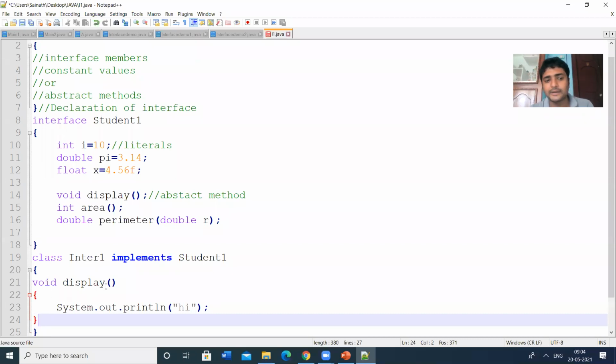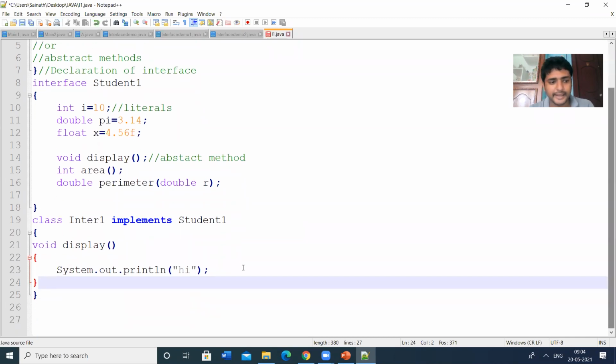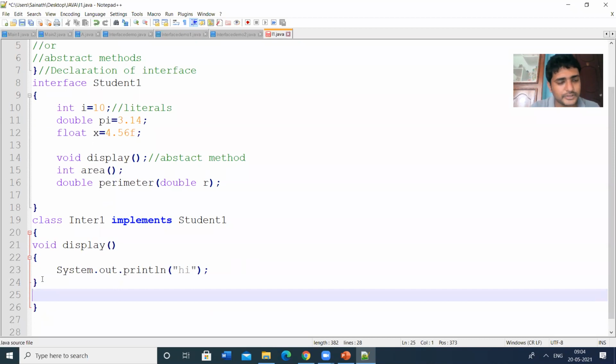So we are defining the abstract method. One more thing, all the constants and abstract methods must be public. By default, all these things will be public. The access specifier is public, so this method is also public void display. Then the second abstract method is area.